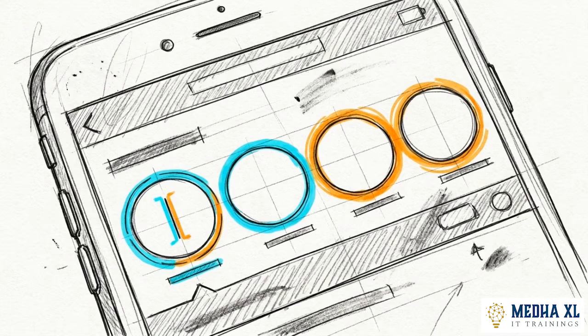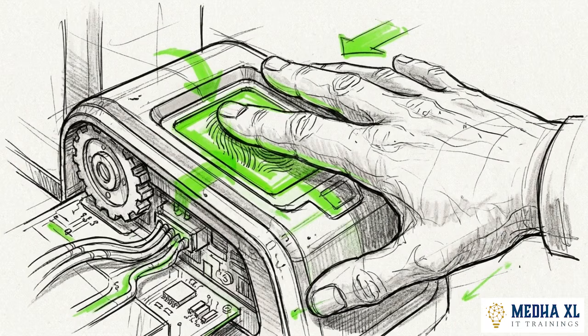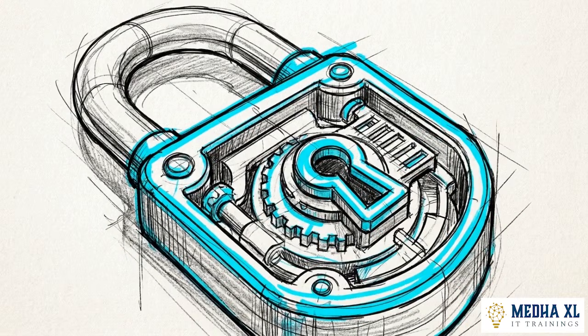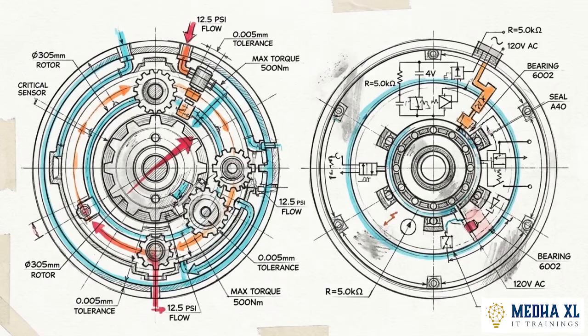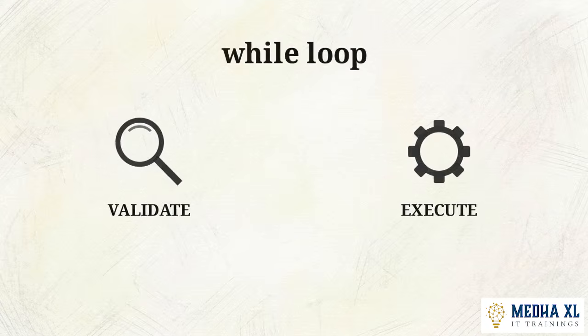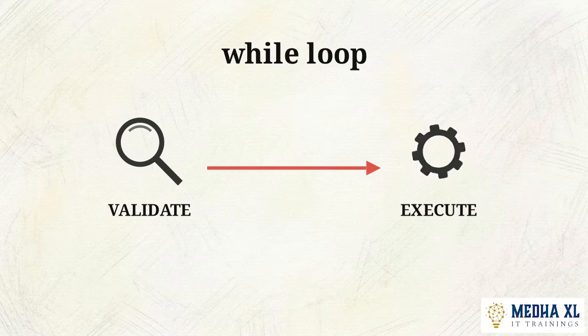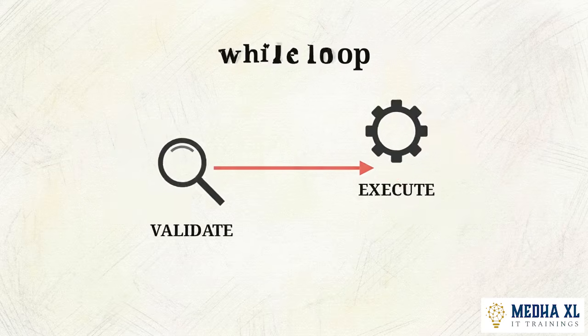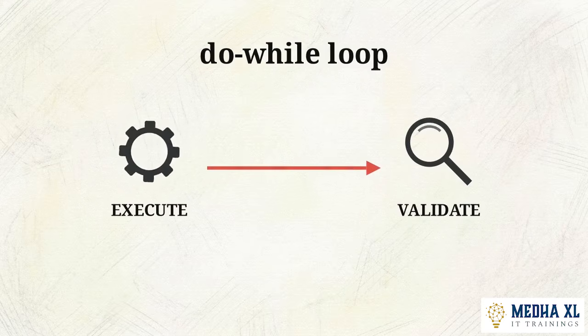Consider prompting a user for a password. You must ask them to input their credentials at least once before you can validate if those credentials are correct. A do-while loop is built exactly for this scenario. Selecting a loop type solves a specific architectural problem. You choose while when you must validate the state before taking action, and do while when baseline execution is required